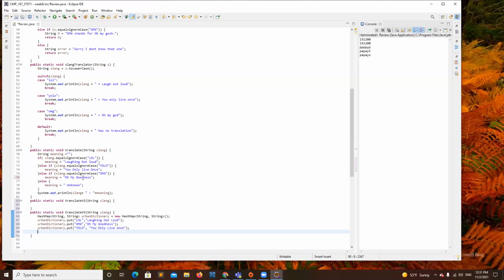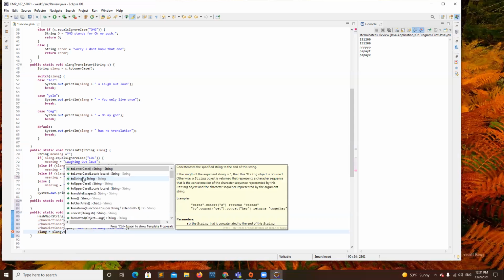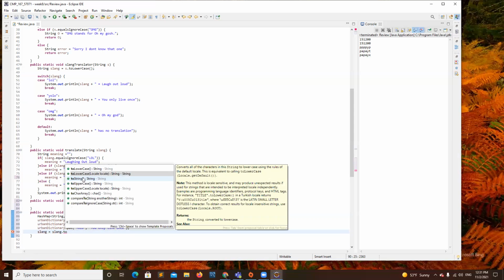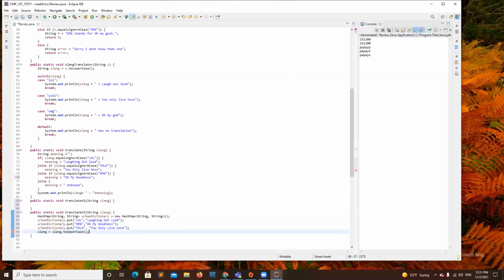Okay, so now, right now, I have slang all in capital letters. I should do everything in capital letters, I guess. So slang will be slang to uppercase to make sure everything is in uppercase.